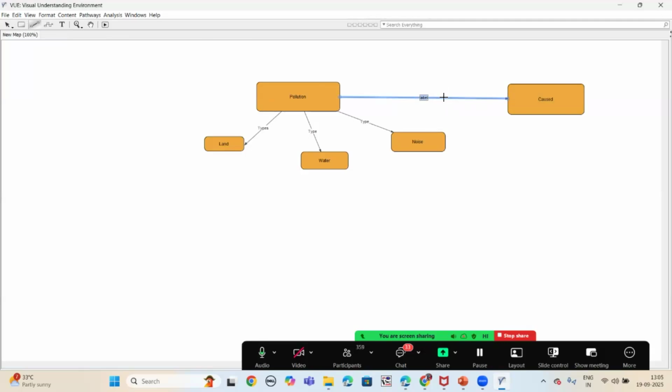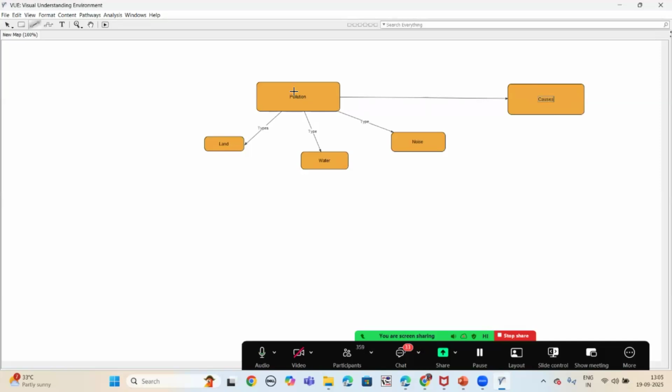And if you don't want to add any connecting word, you can simply click anywhere on this map area, and it will disappear. So there is not every time a need to add a connecting word. So you can see how we can add the nodes and subnodes. Now you can see that all the nodes are of the same color and we are not getting any idea which is the main node and which are the subnodes.